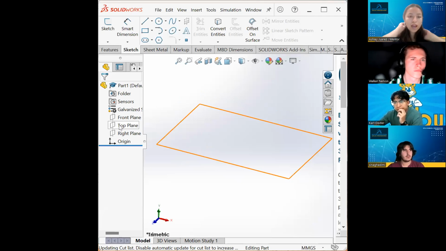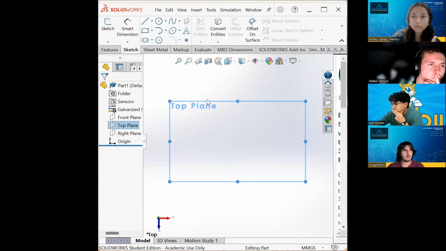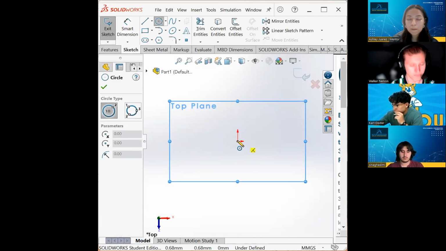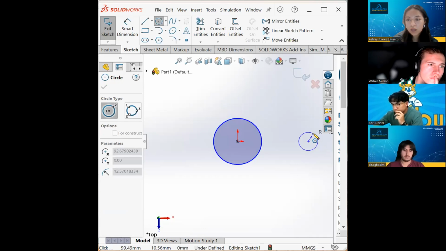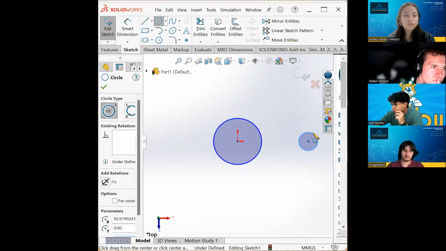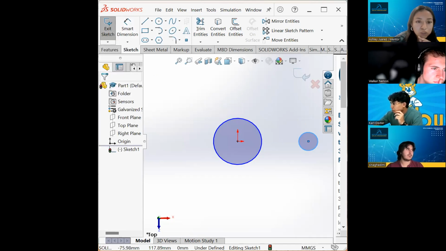Okay, I'm seeing the basic geometry is two circles. So I'm gonna think of this as if it's standing on top of this table. So top plane up here, it tells me that my origin does not matter, which is super cool. So that means I'm going to make two circles first. Bam, bam. I'm gonna go first, but what I know, and that is the fact that there is actually this inside circle here